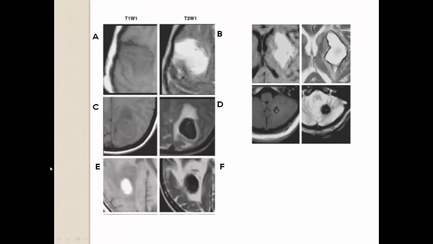Let's now practice here. If someone can volunteer and tell what is happening in picture A, what kind of bleed is this? So as it is dark or iso-intense,